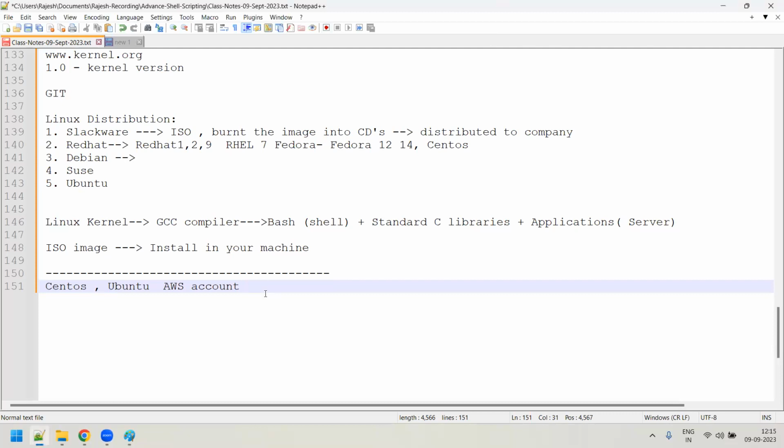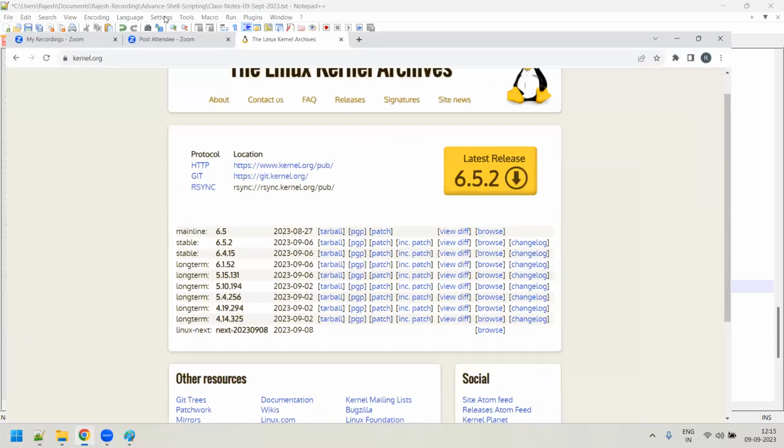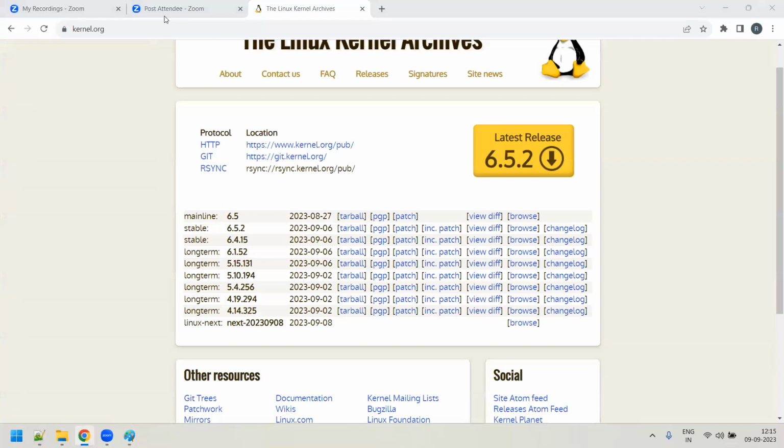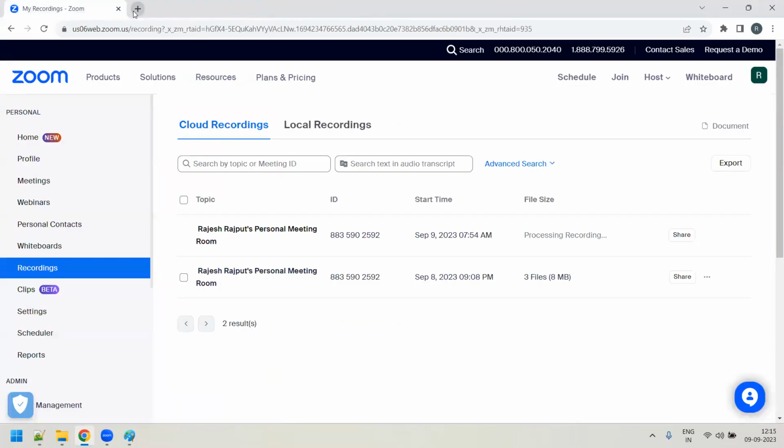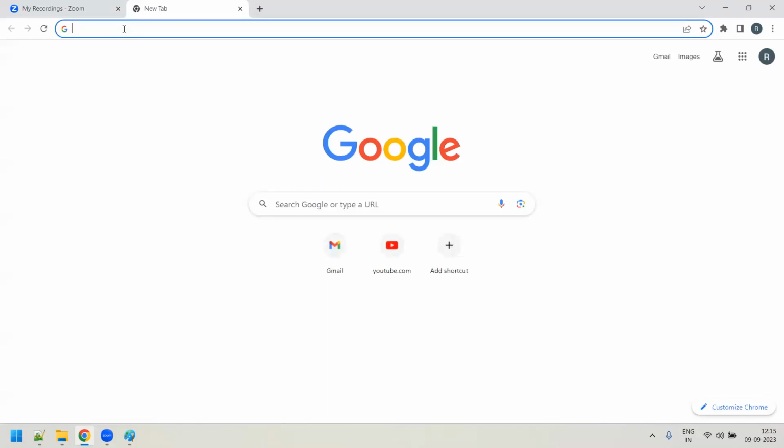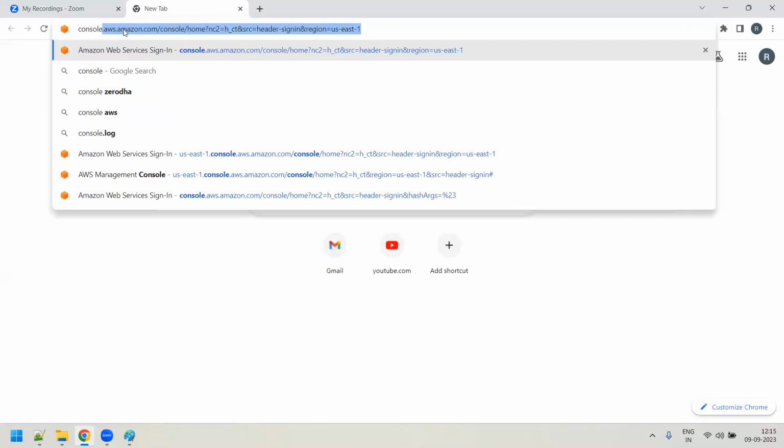Okay. So we'll be choosing Red Hat, CentOS as well as Ubuntu. So what I'm going to do here: I will go to my AWS account. You should have your AWS account. I'm going to console.aws.amazon.com. This is the site.